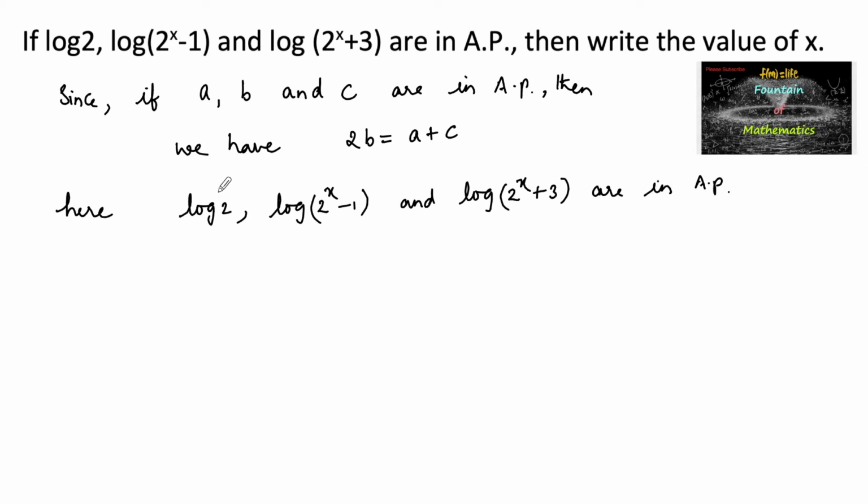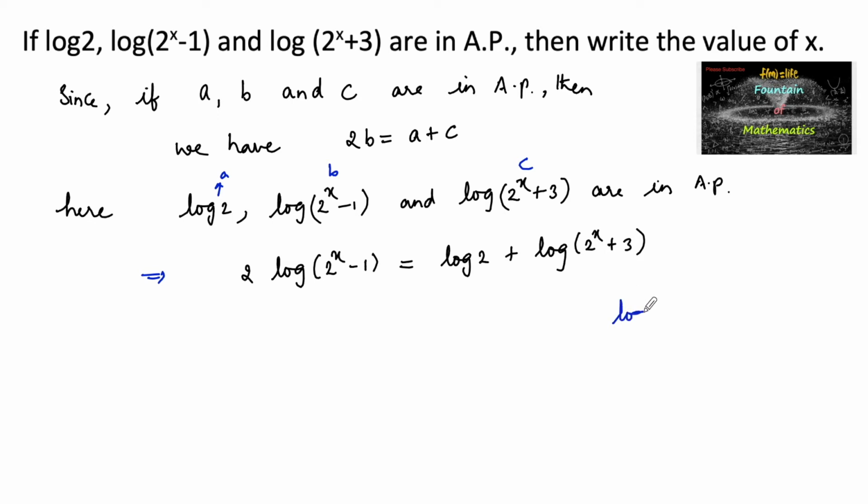So let us consider this is a, say this is b and c. Which implies here 2 times log 2 power x minus 1 is equal to log 2 plus log 2 power x plus 3. And by using the laws of logarithm, we have m times log a is equal to log a power m, and we can say log a plus log b is equal to log ab,